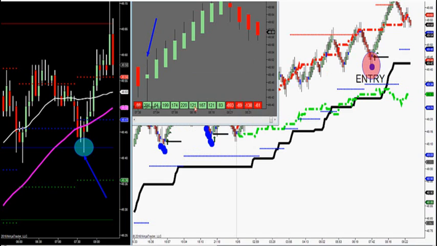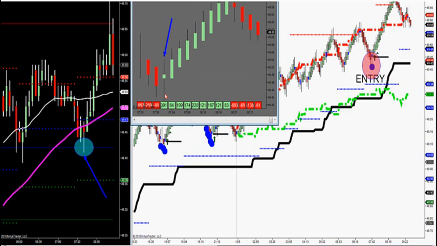Once this happens, we're going to go over to our market delta chart. We use market delta last. We do not use it first. The market delta shows us the order imbalance, and that will show us an imbalance of orders to get long or short the market. So what we'll do is, once we get down to the control point within a couple ticks,